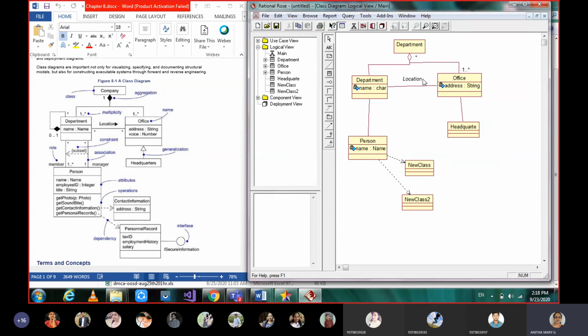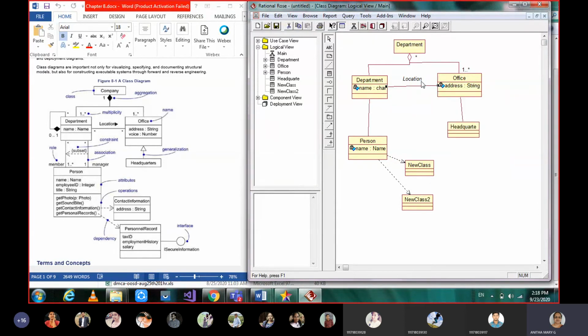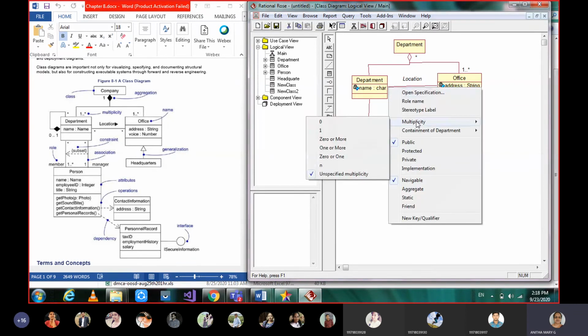So the label we have given, maybe label along with it. That's how we can specify all the other details also.